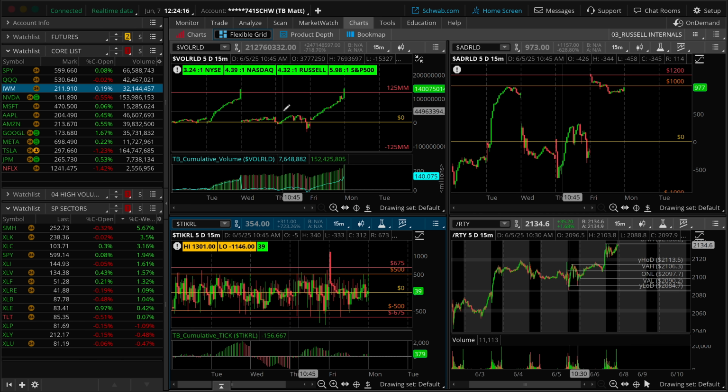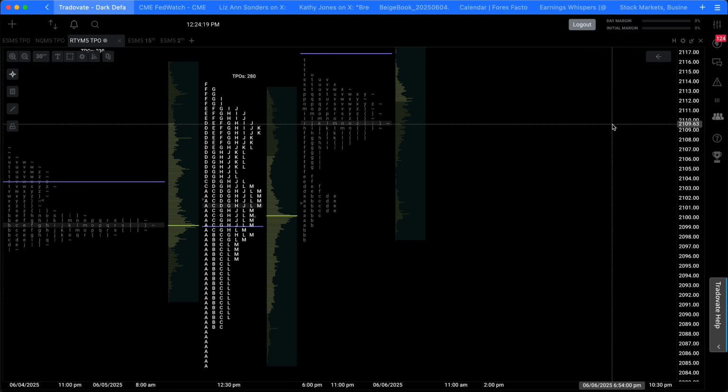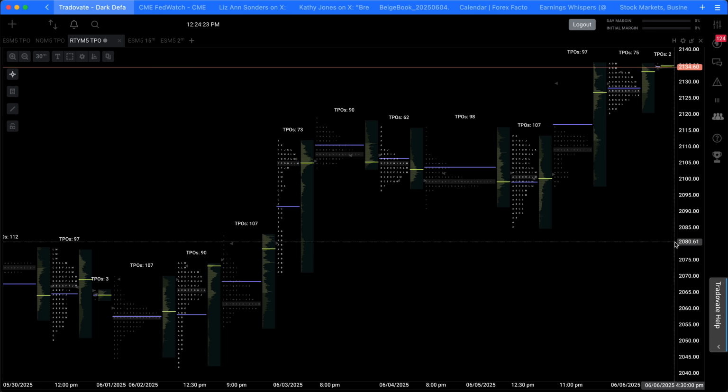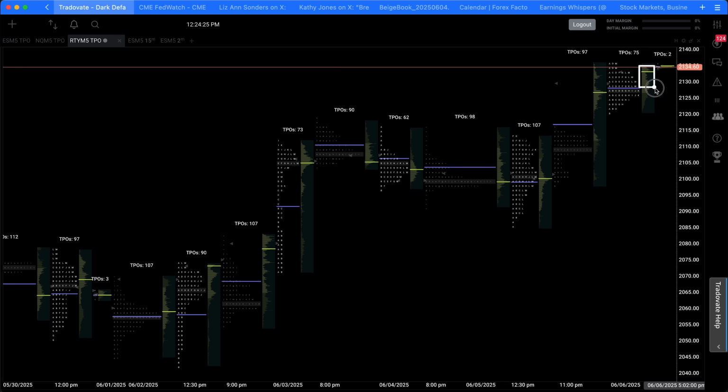With that, let's go ahead and move into the market profile for the Russell and see what we can see. Zooming out a little bit, let's get that Monday session on board. So obviously value is going to be higher on Friday via the gap up, but where is it on the